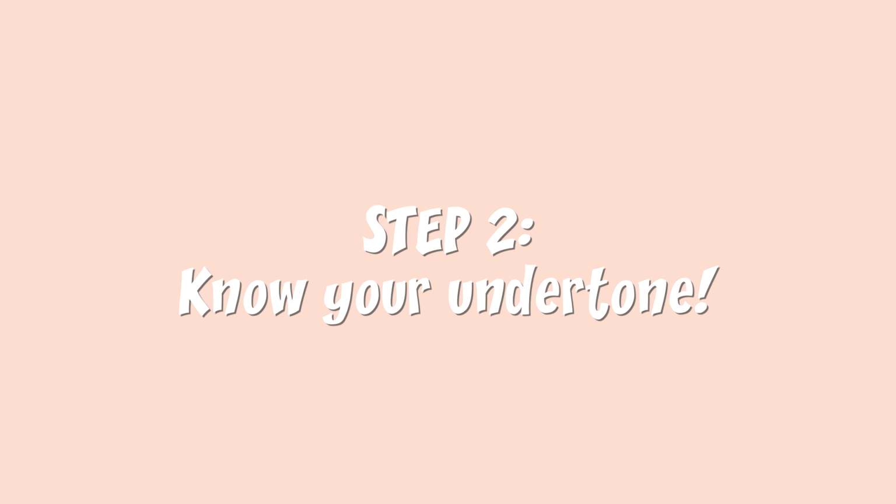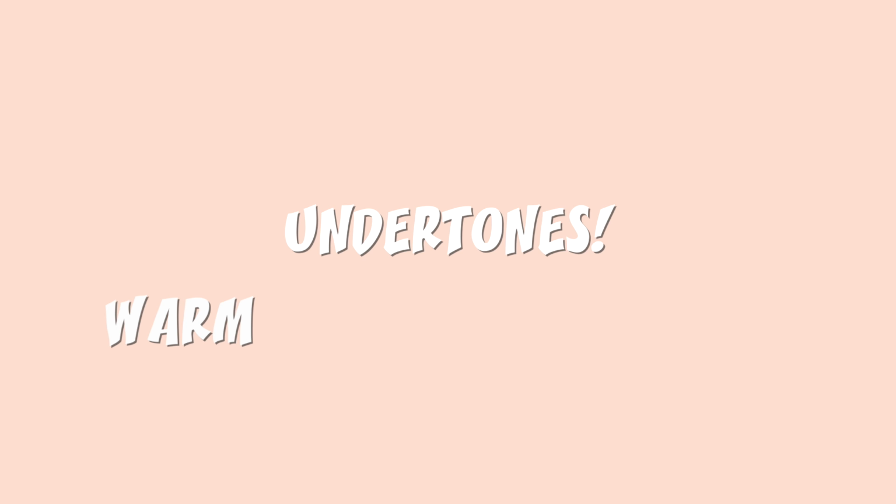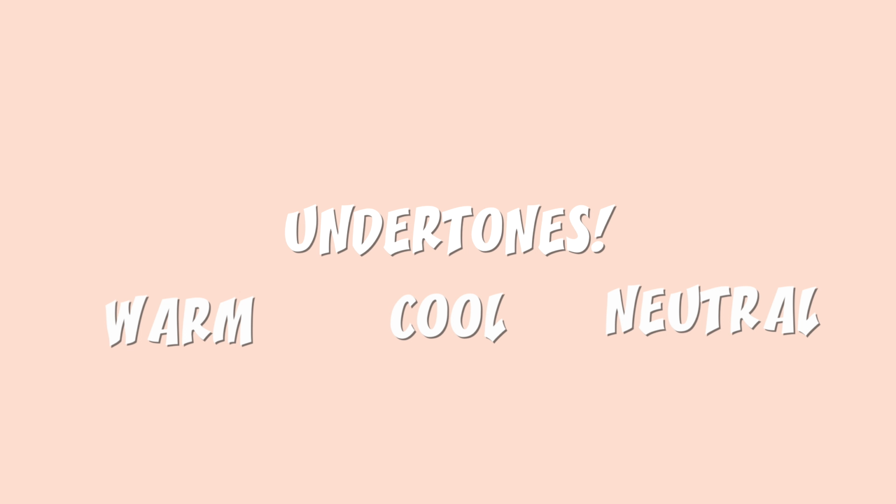So now, once you know the texture of foundation that you're going for, the next step is to know your undertones. Now, knowing undertones is fairly easy. There are just 3 types of undertones. One is a warm undertone, cool undertone, and the third type is a neutral undertone. Just raise your wrist up, do it with me right now. If you don't know your undertone, we can just find it out together right now.